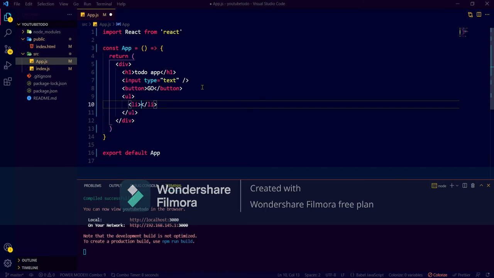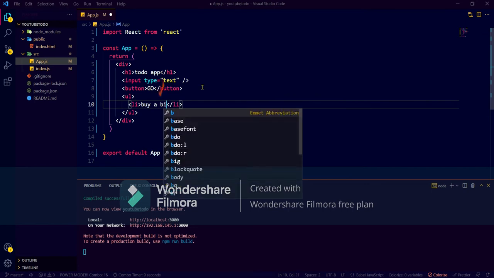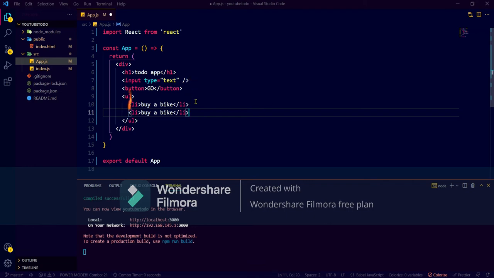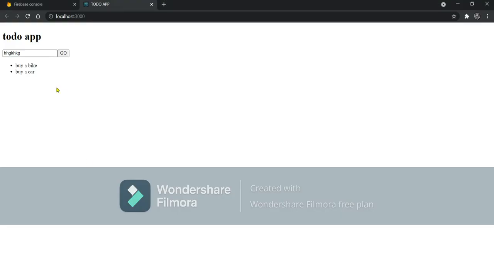In li, if we write something like the to do's, buy a bike, and we will replicate this line with control C and control V, and here I am writing buy a car. If I hit save and go back to the browser, we will see buy a car, buy a bike, but it is hard coded.